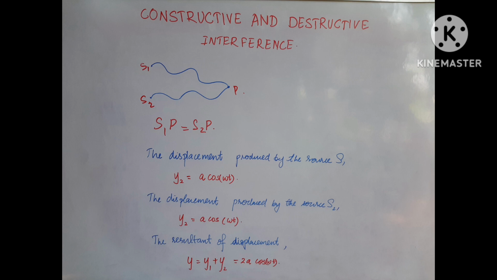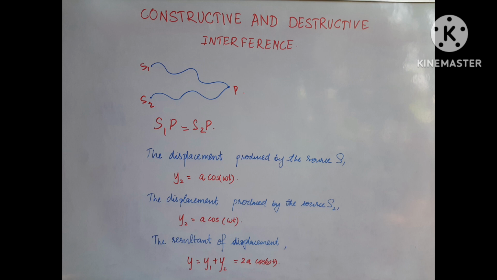Hi, here we are discussing interference. So, first of all, we have to define what is superposition of waves. Superposition means the displacement produced by a number of waves is the vector sum of the displacements produced by each of the waves. That is called superposition of waves. So when we consider superposition of waves, here we are dealing with two sources S1 and S2